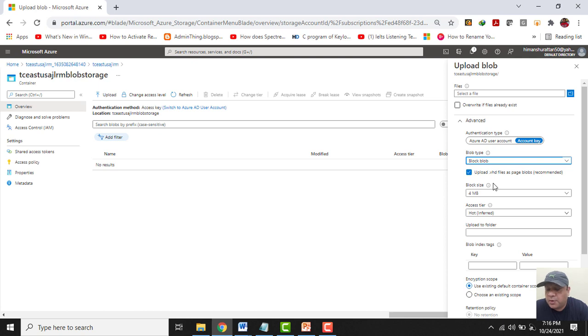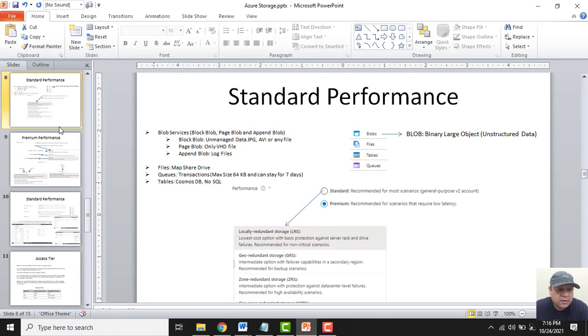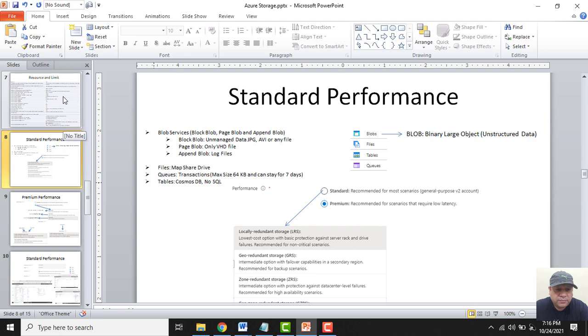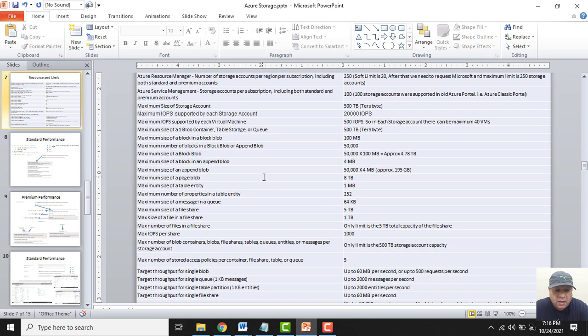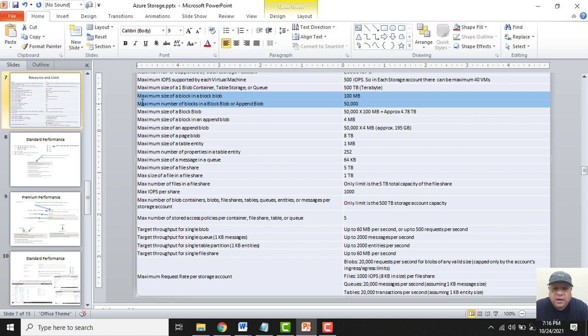In the blob option, we can have a maximum of 50,000 blocks. See here, the maximum number of blocks in a blob is 50,000, and the maximum size of one block in a blob can be 100 MB.